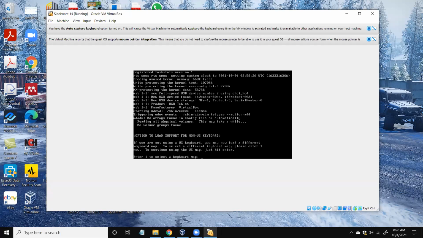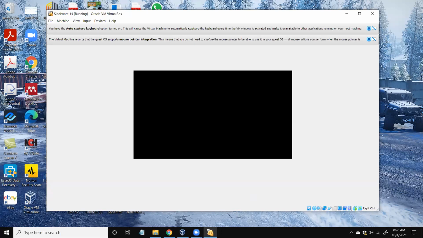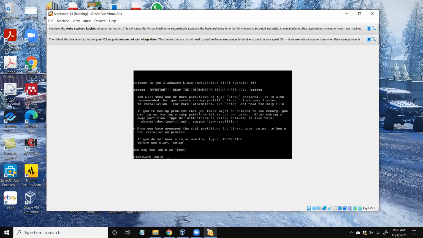So keyboard map, you can keep as the default value. Right. Then Slackware login, the default login would be the super user, that is root. So I will log in as root. So by default, there's no password because this is loading from the disk image.